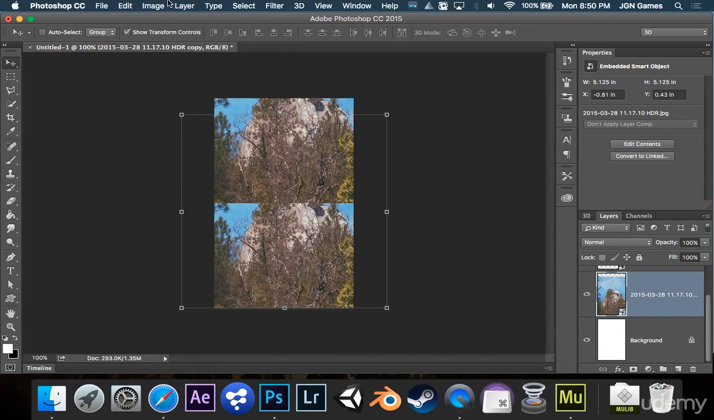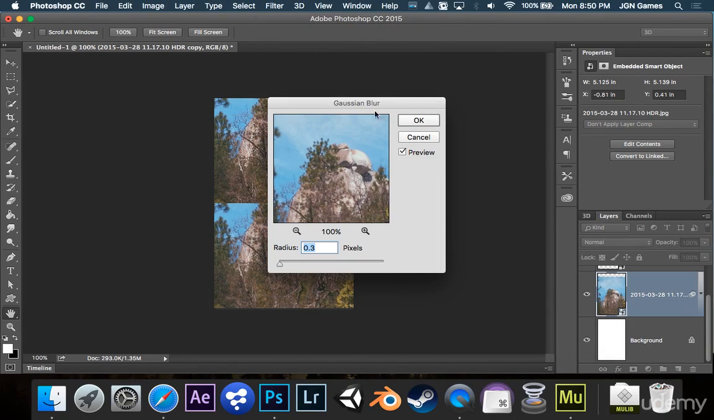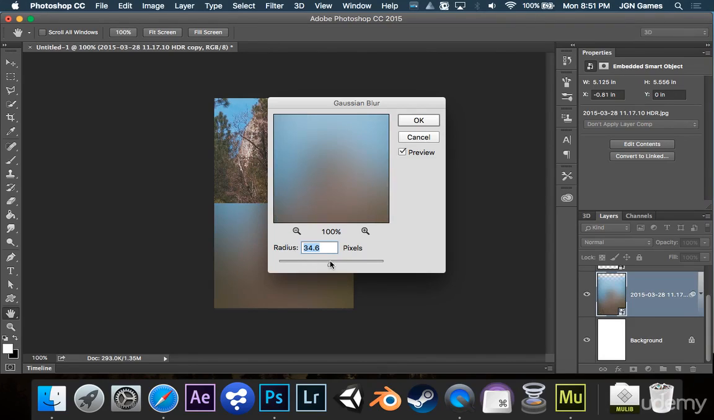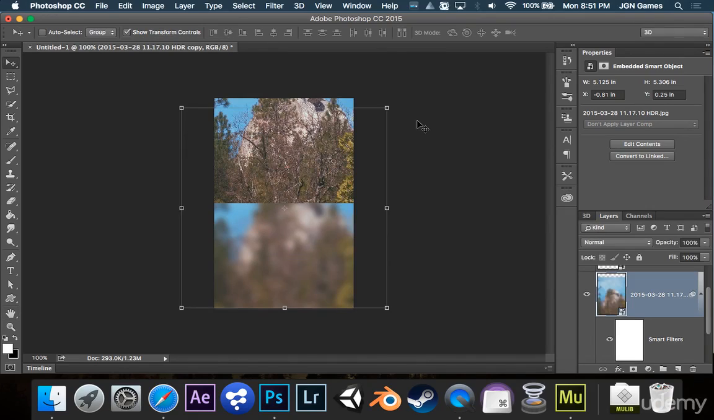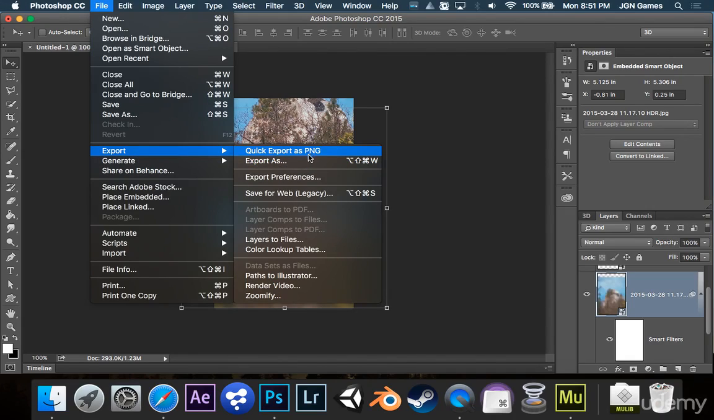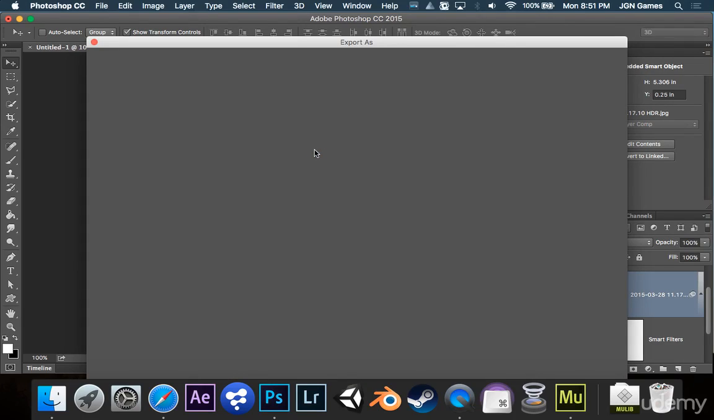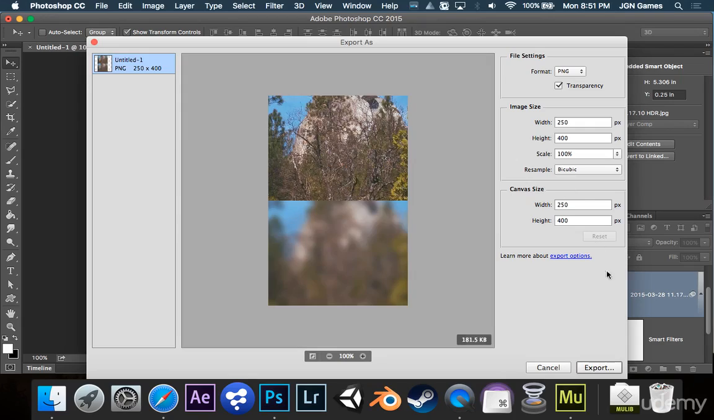Now, on this bottom image, we are going to go to Filter, Blur, Gaussian Blur. And I'm going to make this a pretty serious blur, about 5 pixels. Alright, and now I'm going to save this image. Now, this is actually a really cool effect. I'm just going to hit Export As. This one's going to be a bit longer because of my loading times. 250 by 400. Export to